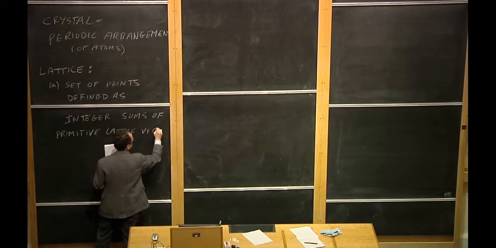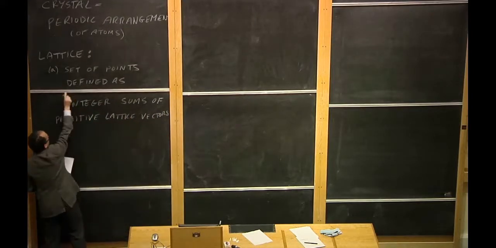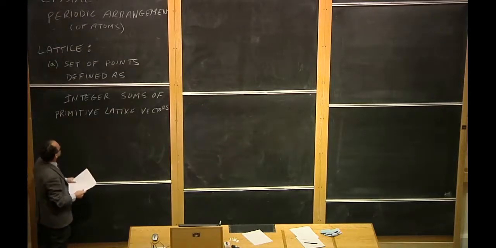Okay, now, I'll explain what primitive lattice vectors are in a second, but here's a case where